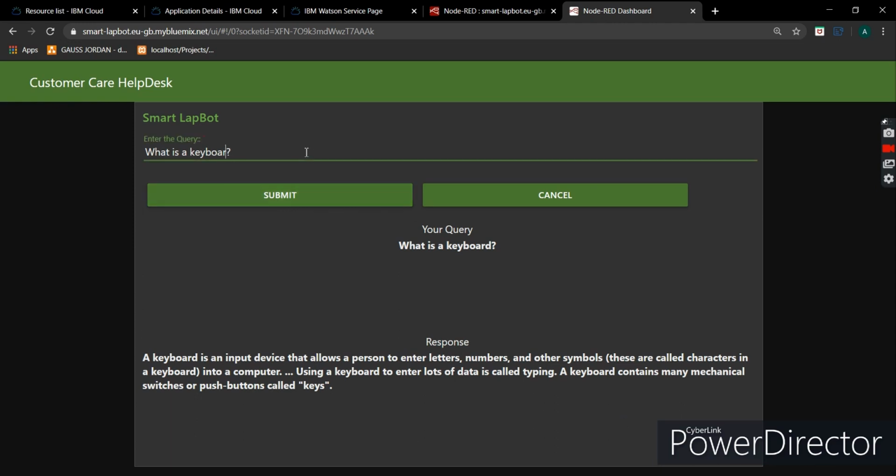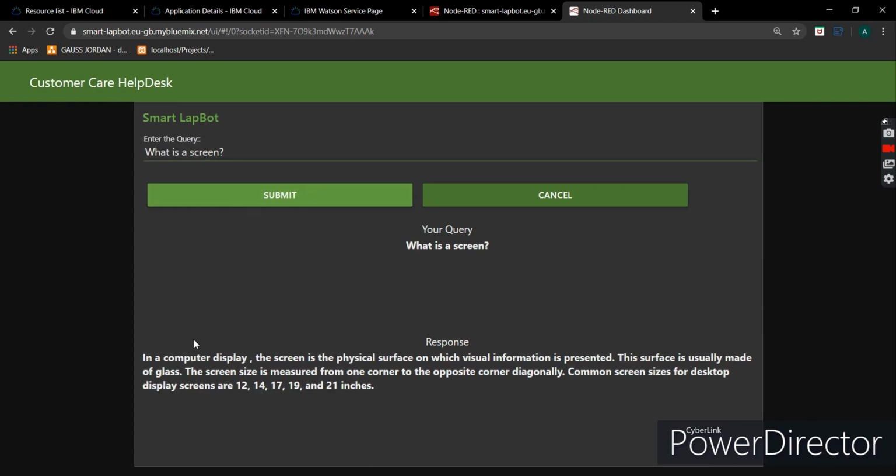Now let's change a little bit, like what is a screen. See, it is displaying that the laptop screen is available in many sizes and all the functionalities that the screen can provide. Now let's type another one. See, it is displaying what is a trackpad.